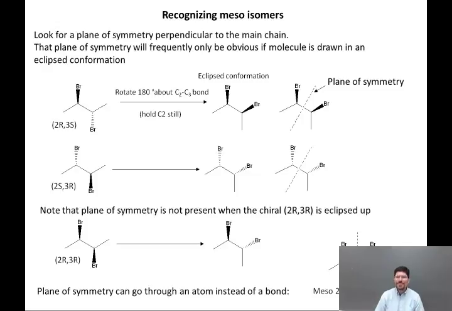Okay, so meso compounds are not the easiest things in the world to see, and students often get stressed: am I going to find the meso compound? Is it a meso compound? But if you just look at these rules, if you use your models, eclipse them up, and look for planes of symmetry in the way they're drawn, as well as looking at the nomenclature trick, is it the same if I number it from right to left versus left to right, you will soon become pretty proficient at identifying meso compounds.